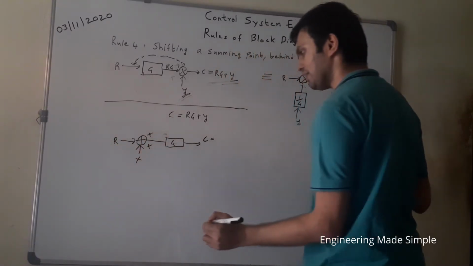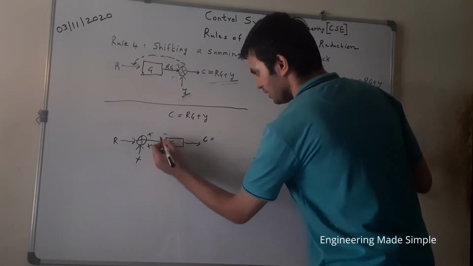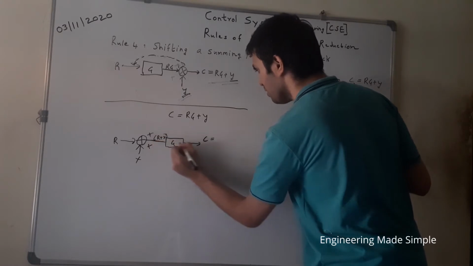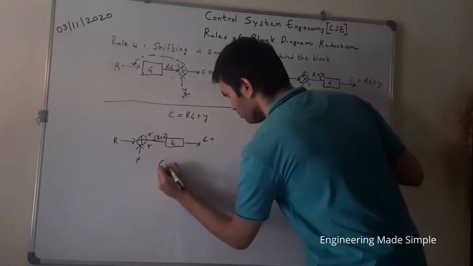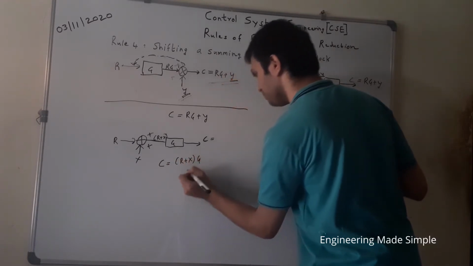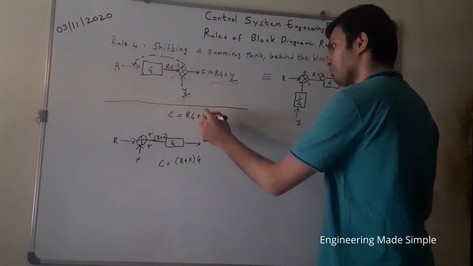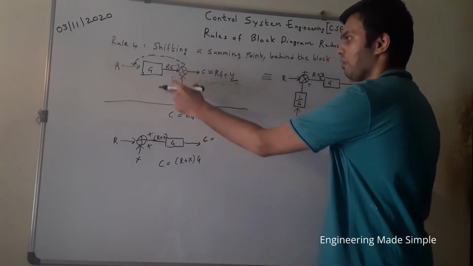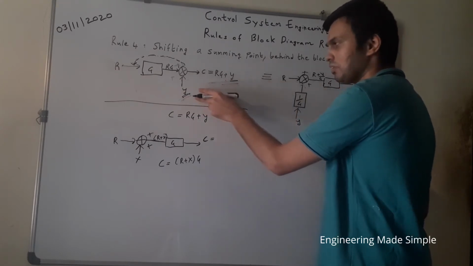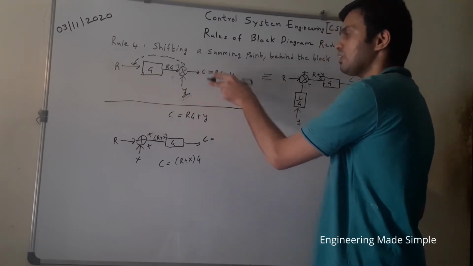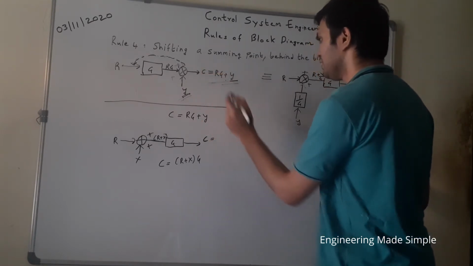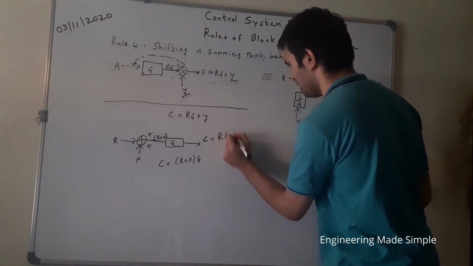So how will you find this x now? At the output of the summing junction, the output is R plus some signal x multiplied by this gain block. So what will be the output? It will be R plus x into G. But as you know from the output equation of our earlier block diagram, because this and this are equivalent, we want to perform some manipulation for simplification purposes in order to get the overall transfer function. So for that, what is C? C is nothing but Rg plus Y.